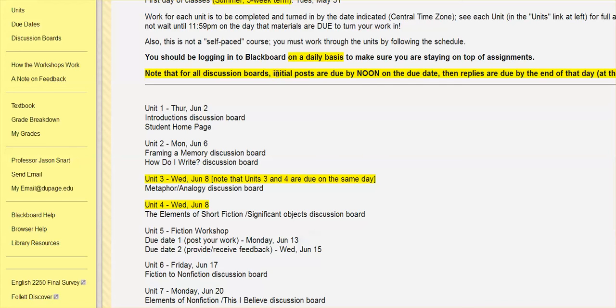So notice that initial posts are due by noon on the due date. So that would be like Thursday, June 2nd, 12 p.m. would be that initial post. And then replies due by the end of the day. So literally 11:59 p.m. But hopefully everybody isn't waiting until so late against the due date to finish up the